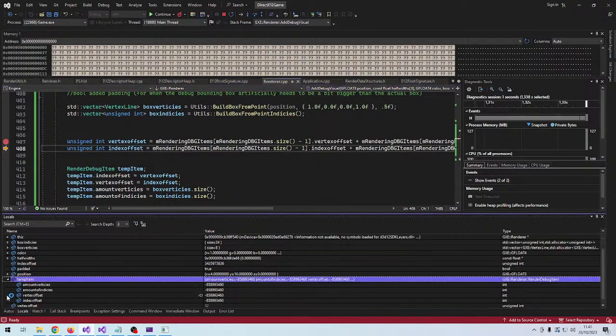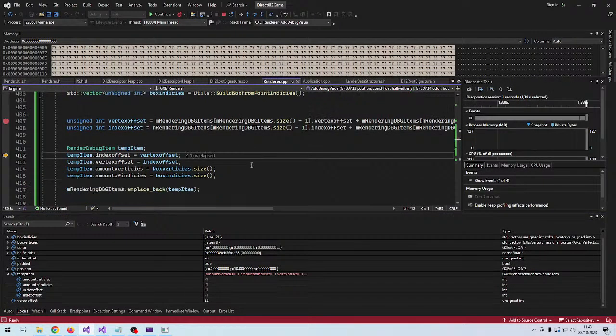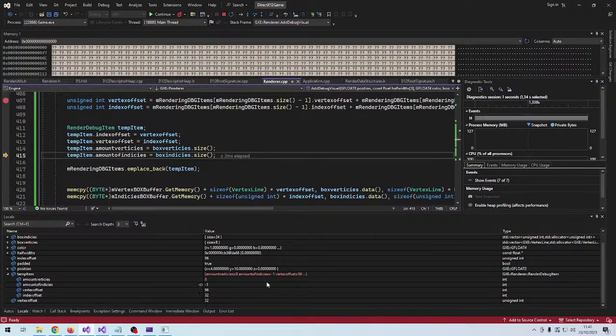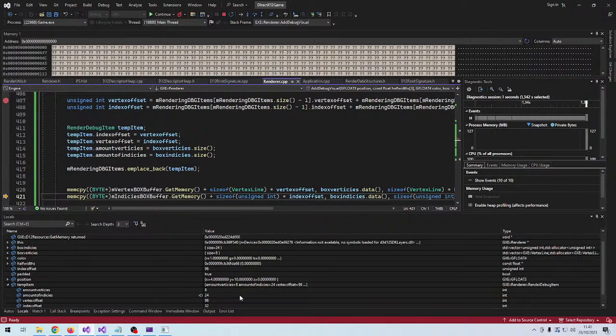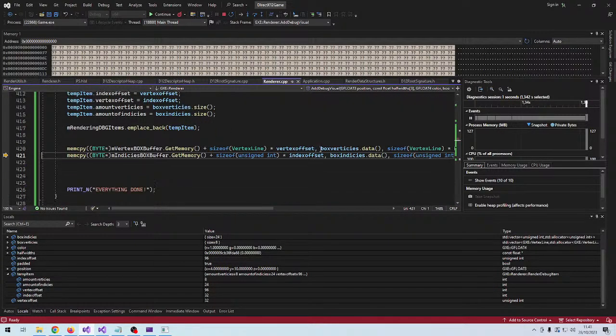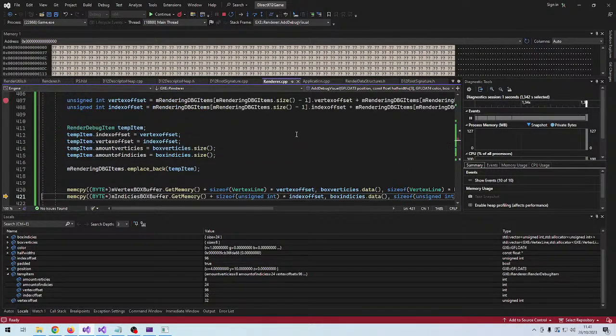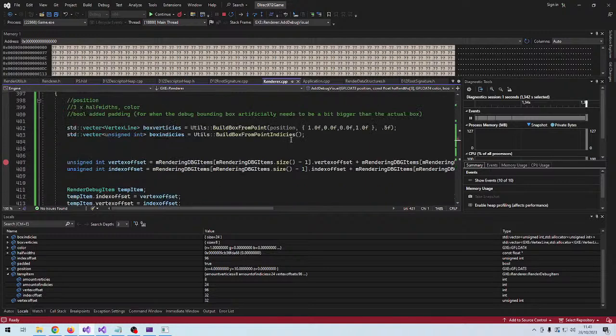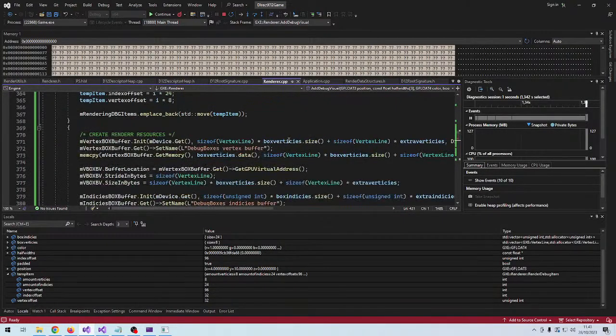So the temporary item gets initialized and, nope, that doesn't change. So